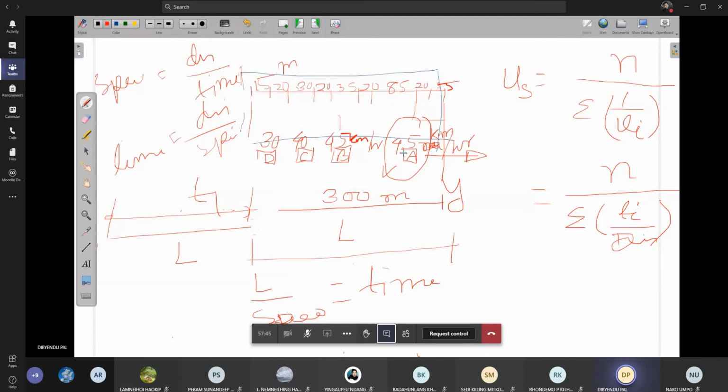So that will be a tough one. Rather, what I can do is find out that on average all the vehicles have crossed from position X to position Y, and to cross X to Y their distance was L or 300 meter. So in this case, I know that for all the vehicles the distance is constant, that is, they have crossed the section XY, from X to Y at least. So if the distance from X to Y is L, then I can write this as n divided by summation of Ti. Can I write it?